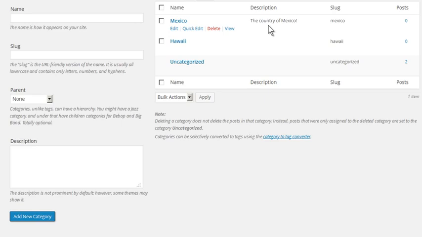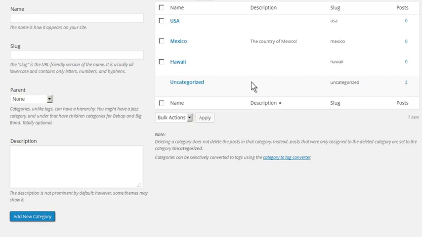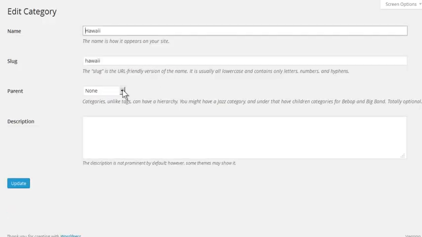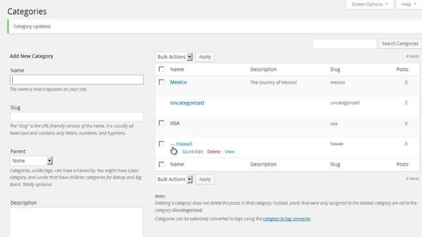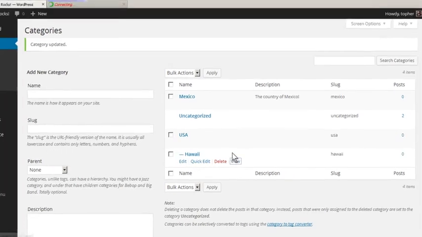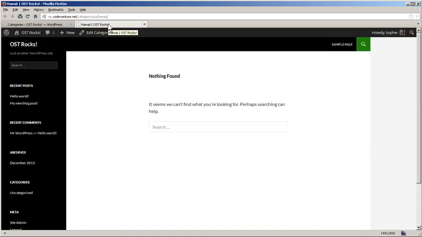Now categories can also be hierarchical. So for example, I could make a category called USA. Now I'm going to edit Hawaii and make it a child of USA. And now you can see Hawaii has a little indentation here next to it. This doesn't really prevent you from using Hawaii or USA in any way other than you would have expected, but it does make it easy to organize them here in the admin. Also, if you view this category, now the two slugs of those categories are put together. So you have